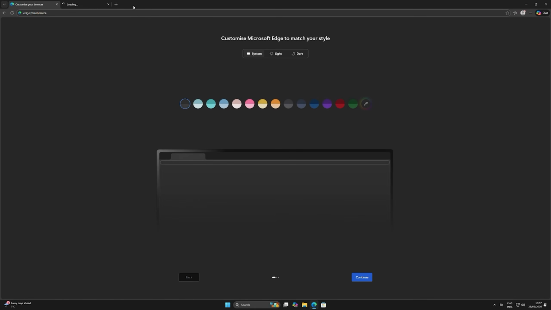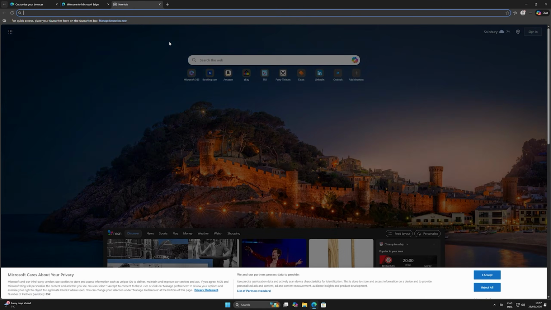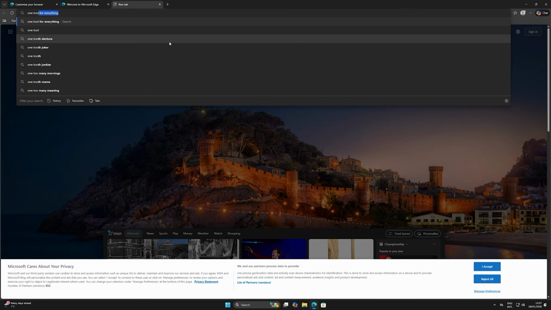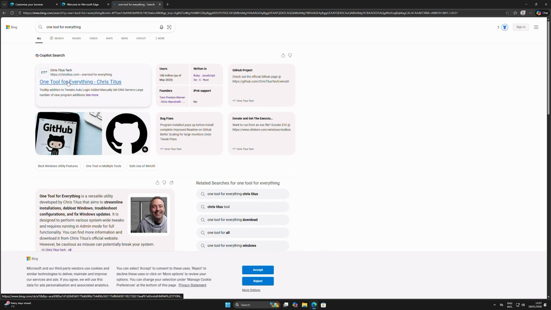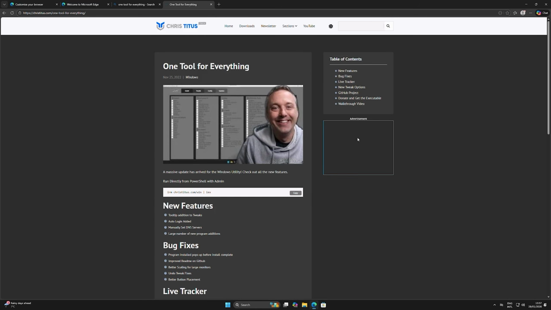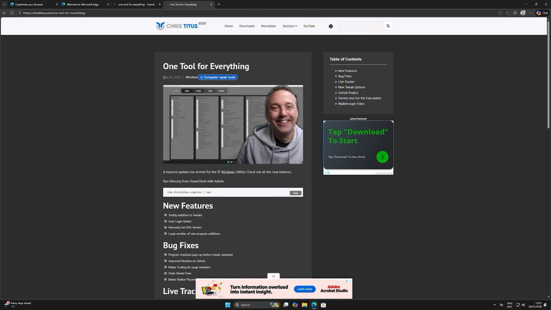And obviously I'm not going ahead and using this installation of Windows anyway, so we're going to use Microsoft Edge, and we're going to search for one tool for everything. This is from a guy called Chris Titus Tech. This tool has been around for quite some years now. As you can see, 2022. So this tool definitely does work on Windows 10, and I used it many times in 2024 with Windows